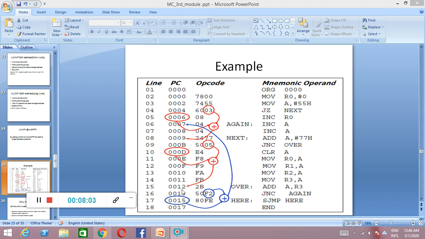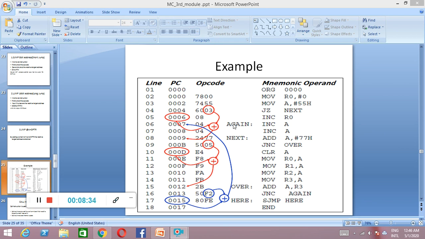At address 0012, I will have the instruction ADD A, RC. This is the instruction where it takes the program counter and executes the next instruction. Similarly, we have one more instruction called JNC. In the case of JNC, this is jump not carry, so again it checks the carry. If it is not 0, then it is going to jump to the address again. Where is that?